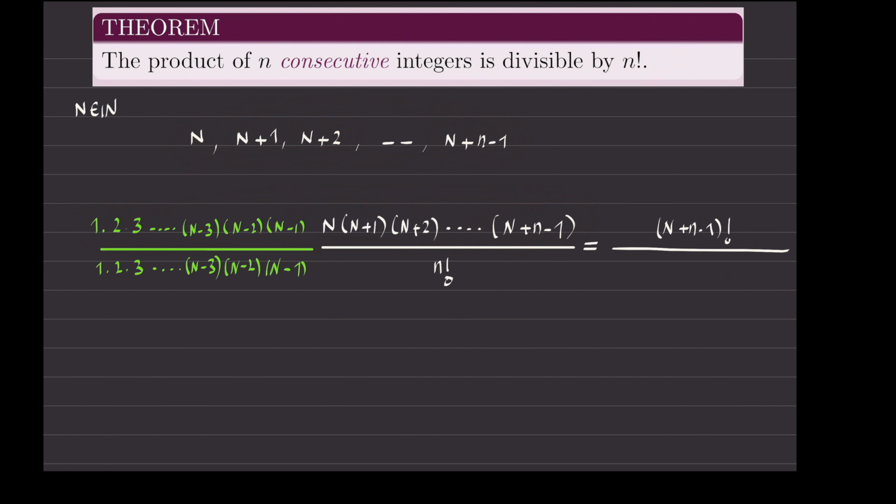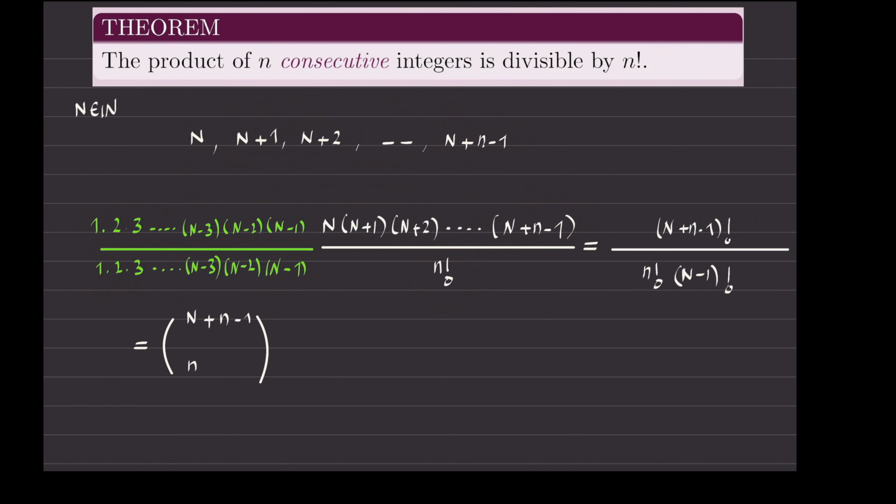Okay, what happens for the denominator? For the denominator, I have this one which I will copy and paste, but I will also have the green part. But what is the green part? The green part is the product of natural numbers starting from 1 up to n minus 1, one after the other. So this is nothing except n minus 1 factorial. Okay? But it is immediately clear that this is equal to the number of ways that I can choose n people out of n plus n minus 1 people.